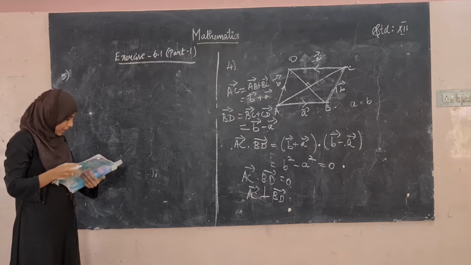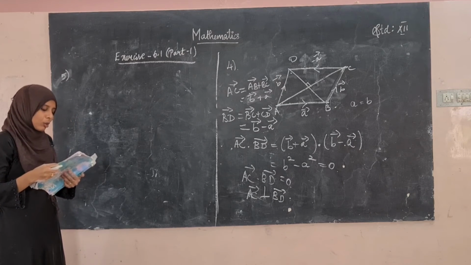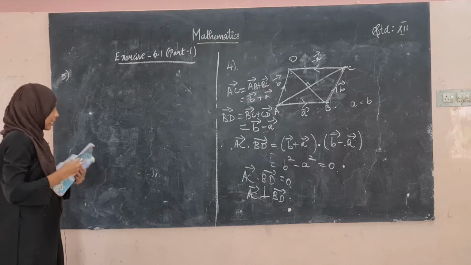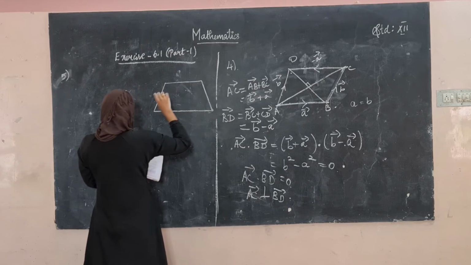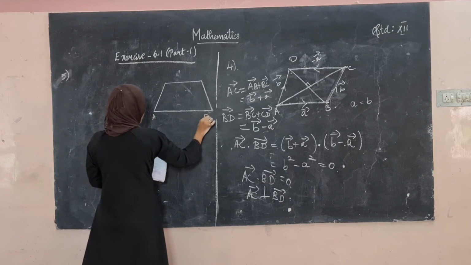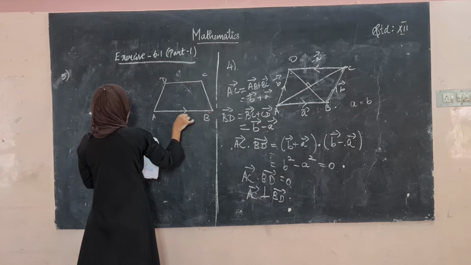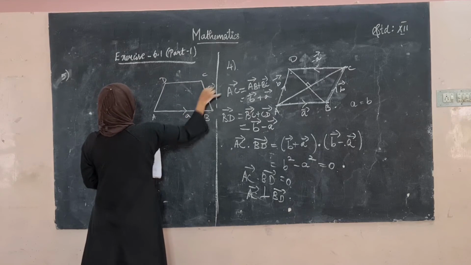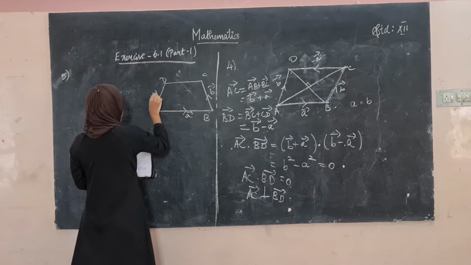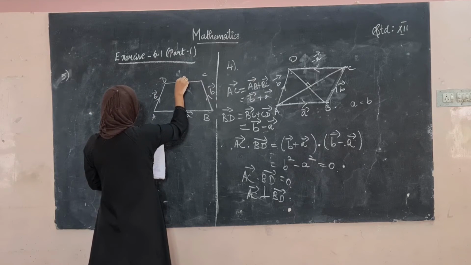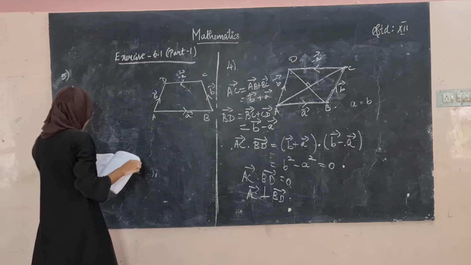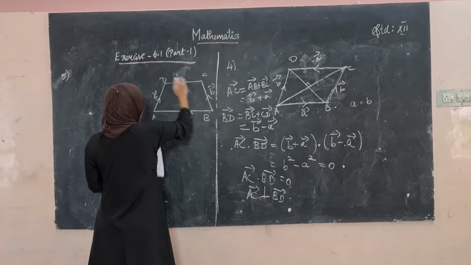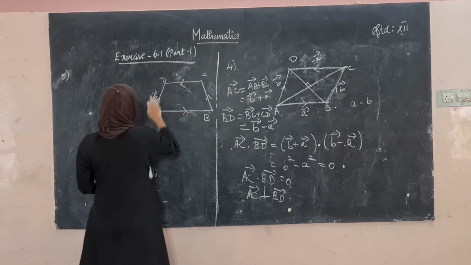So, using vector method, prove that if the diagonals of a parallelogram are equal, then it is a rectangle. So, how will a parallelogram look? This is the parallelogram. Take it like this, A, B, C, D. So, this should be A vector, this should be B vector, and what is this? This should be minus A vector, right? You need not take the unit vectors, you just take the direction like this.